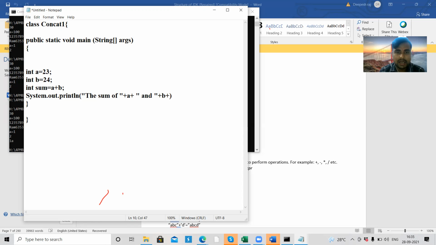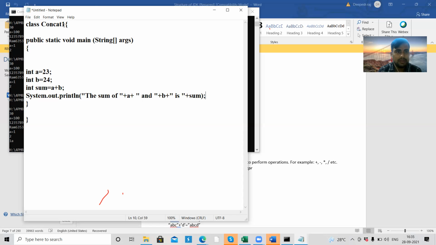And then "is" what? The sum. The value after addition is stored in sum, so we are going to do plus sum. Again, we are doing concatenation. Now if I run it, the output will be the sum of 23 and 24 is 47. That is the proper output we are going to get.